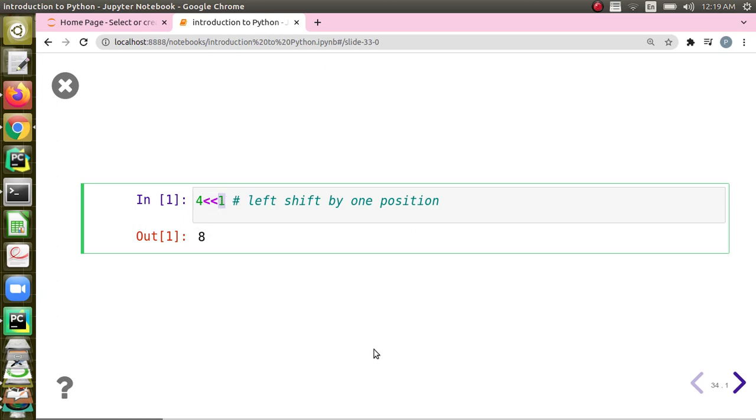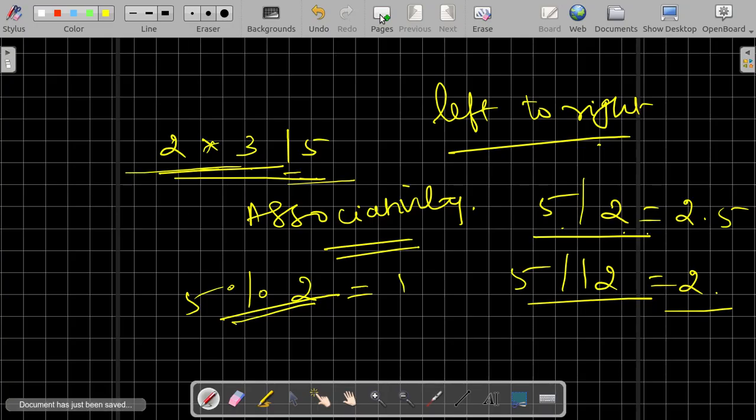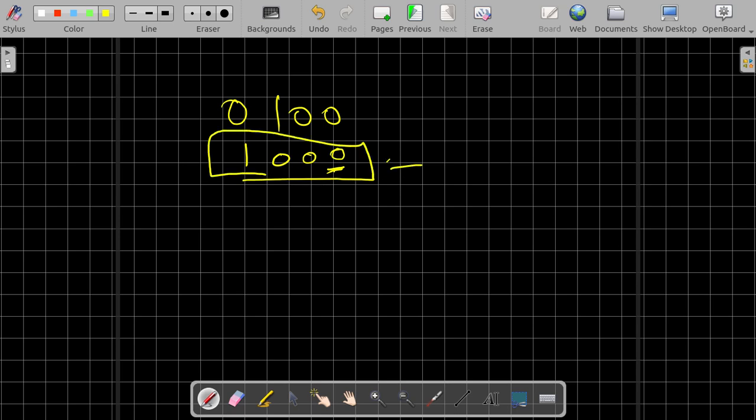Looking at the property of left shift, let me write the binary representation of 4, which is 1 0 0. When we left shift, this 1 will go one position left, this 0 will come here, this 0 will come here. There is an empty space, and this empty space will also be filled by 0. This is the binary representation of 8.